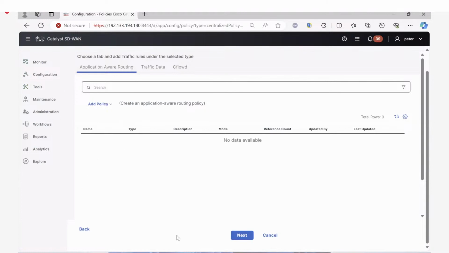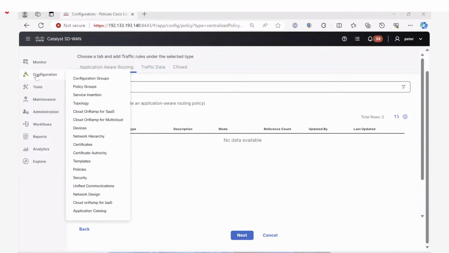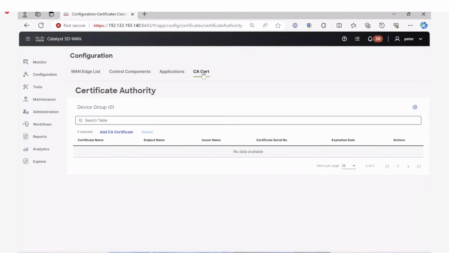Now let's look at the feature whereby you can now install third-party certificates that my colleague mentioned during the presentation. So to do that, you come to configurations and then you come to certificates here. Now when you click on certificates, you are going to see CA Sat here. Now under the CA Sat, once you click on the CA Sat, you have the option to actually add a certificate, which is not possible in previous versions. So you can only see these features, this particular CSAT upload in